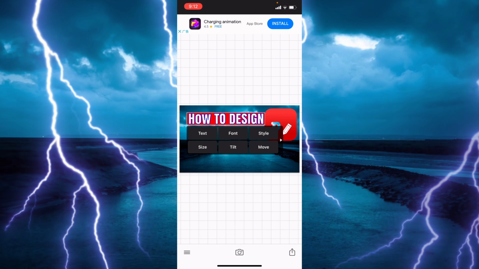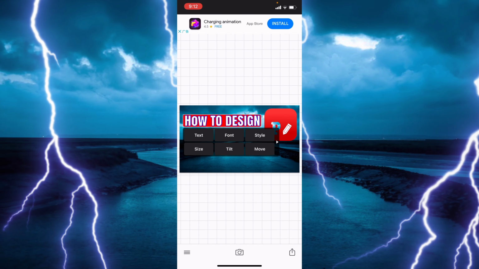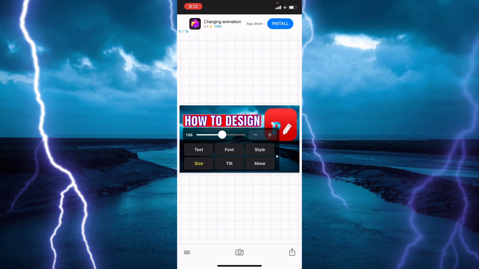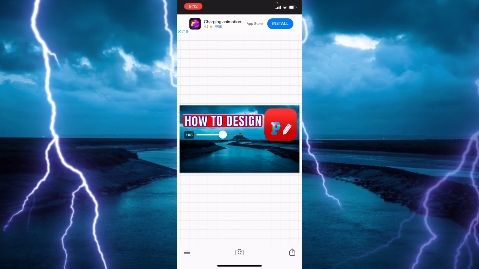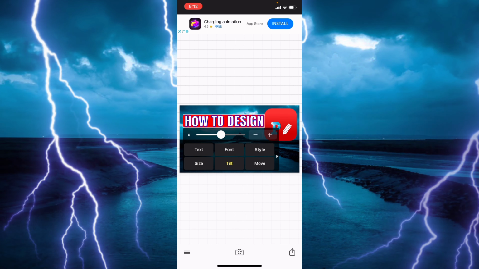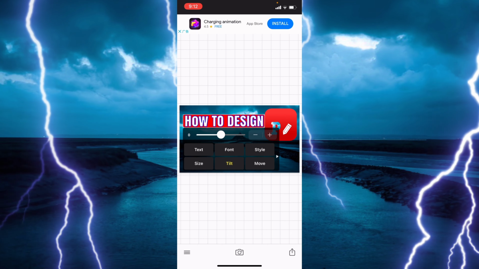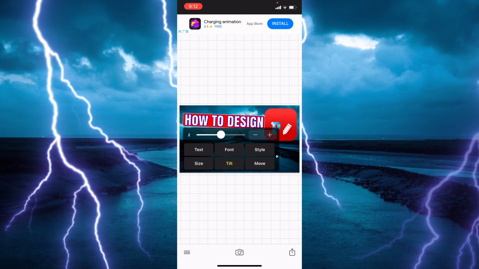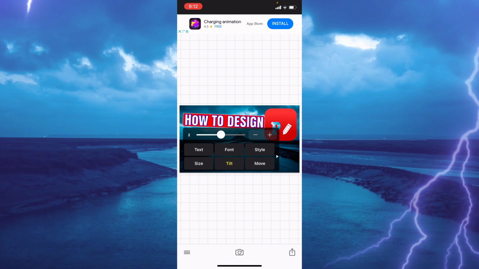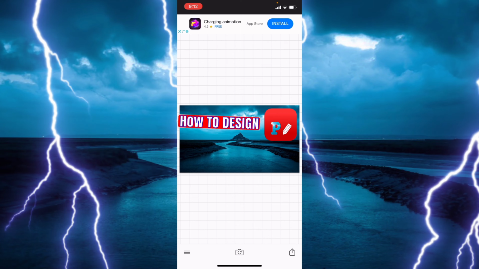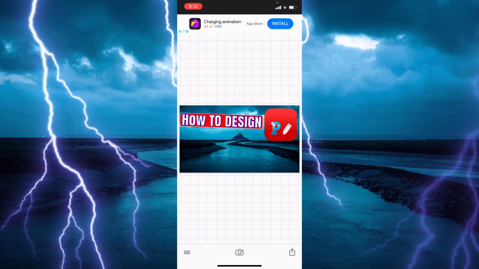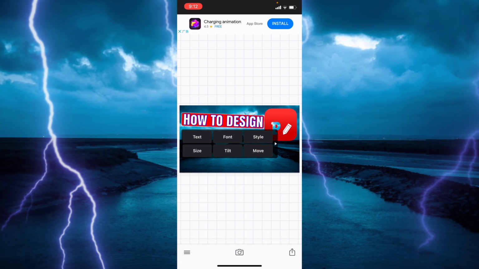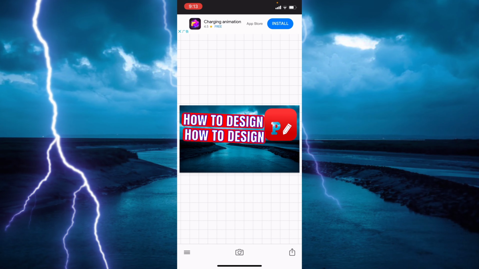And once it's done, for how to design and size, you can select bigger or smaller, up to you. And in the tilt option, if you rotate this one a little bit, 1, 2, that's fine. And size is just minus size here, and a little bit here. All right, so one is done, and now you just scroll this one here and copy,